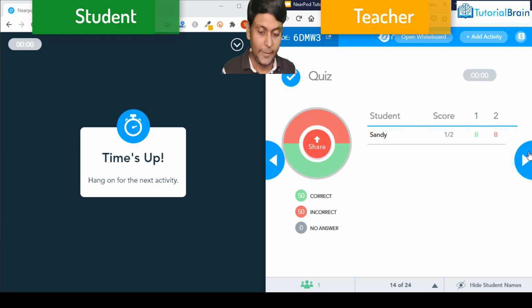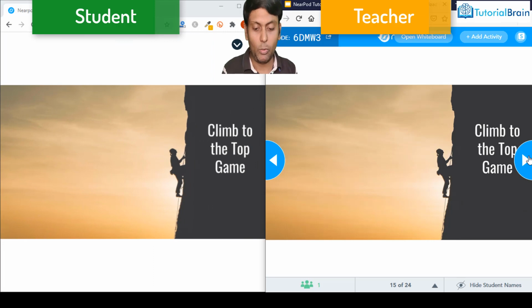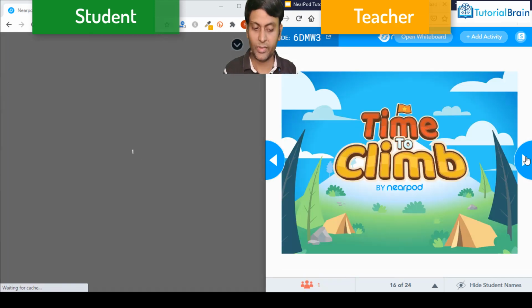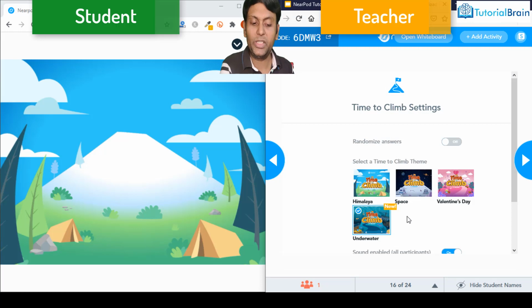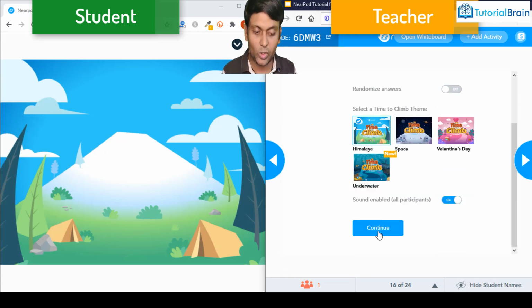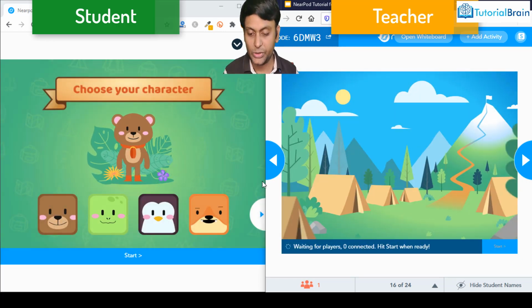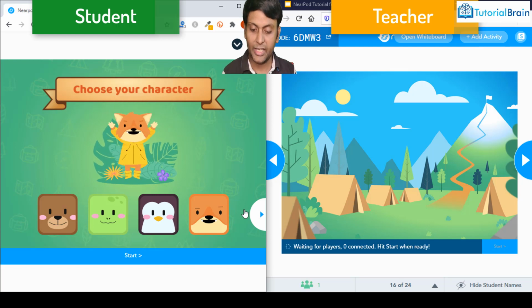And again, let's go to the next activity. And here it says climb to top of the game. Go to next slide. Now there is an option to choose a particular theme. So let's say I choose this particular theme and click on the continue button so that this particular game starts. Now you see I have already enabled the sound. That is the reason you can hear it on the student's screen. Let me select a particular character. Let's say I can select this particular character,